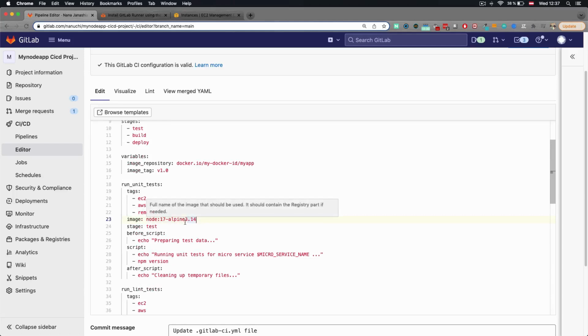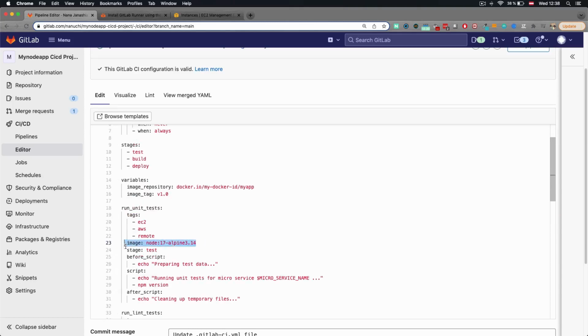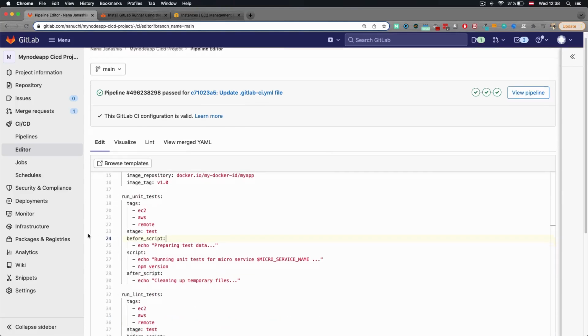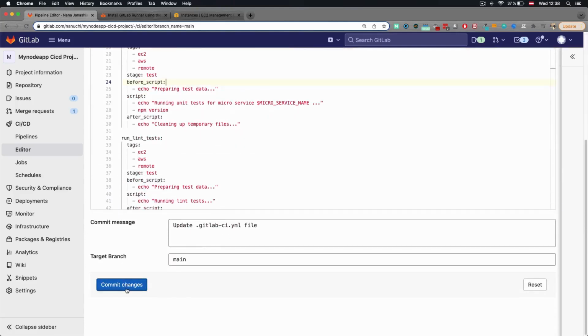And as I said, if a job executes on a runner that doesn't have Docker or Docker machine executor, then this image will be basically just ignored. And since we're using a shell executor on this remote runner, that image attribute will simply be ignored. So we can actually remove that if we don't need it, and we can leave the global one. It will be ignored anyways. So with this configuration, let's now execute the pipeline again and see that our jobs get executed on our specific